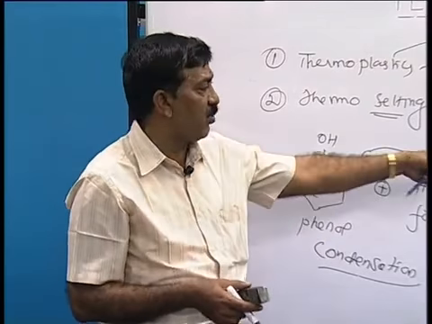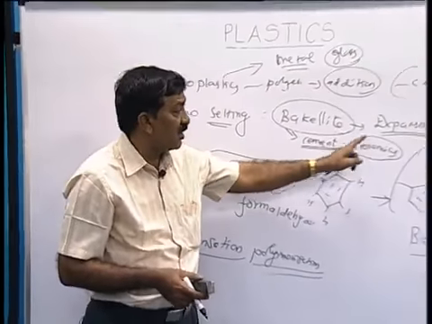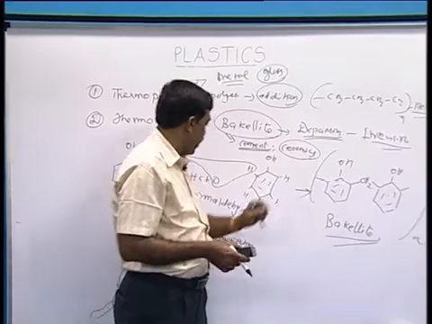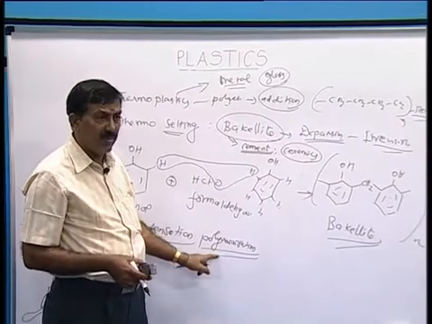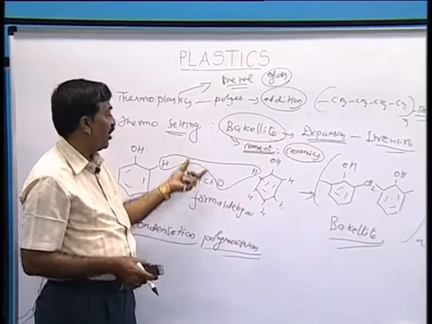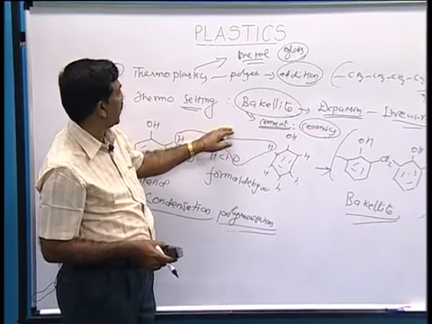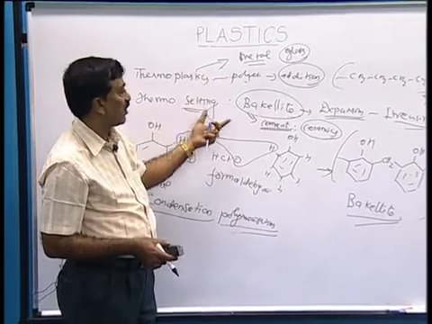Reuse is highly impossible in the case of ceramics. So this is an irreversible process. What is the reason for this? This is formed by condensation polymerization. What happens in condensation polymerization? Loss of molecule. So these are the main criteria that we have to make the difference between the thermoplastic and